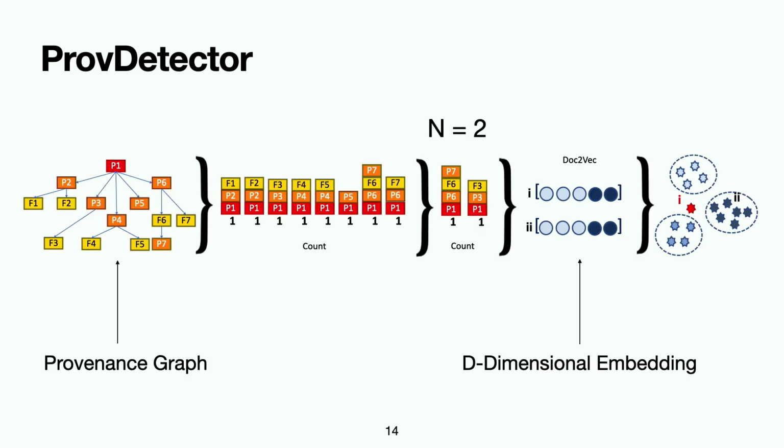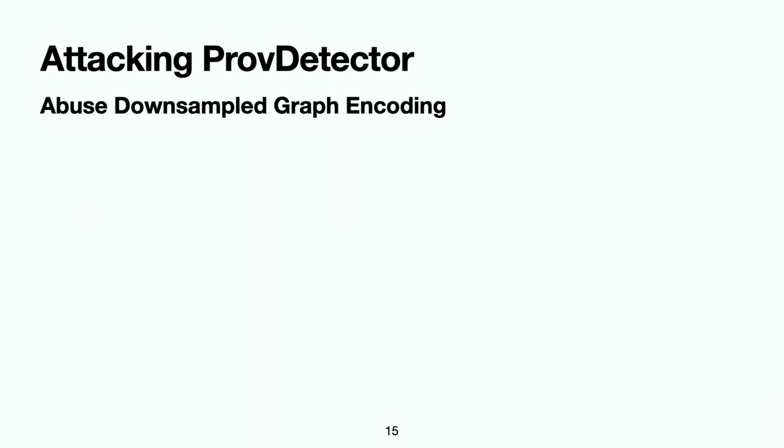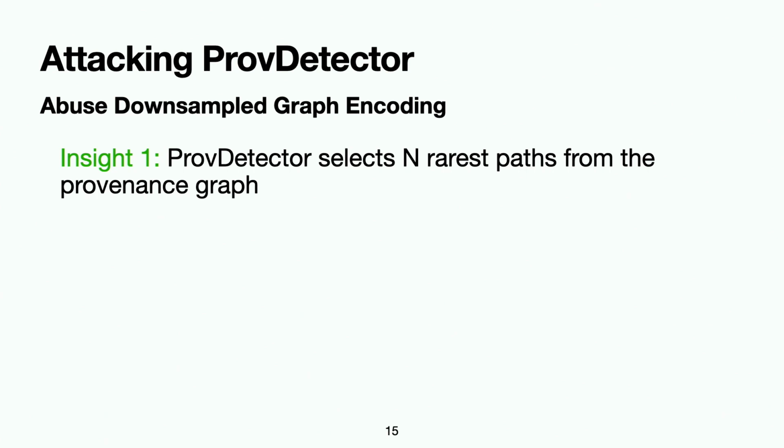So similar to Unicorn, we see that Prov Detector takes a provenance graph rich in information and reduces it down to this d-dimensional embedding. Again, because Prov Detector is losing information, the attacker can take advantage. We refer to this attack as abusing downsampled graph encodings. So the first insight is that Prov Detector downselects the graph, looking at only the top n rarest paths within